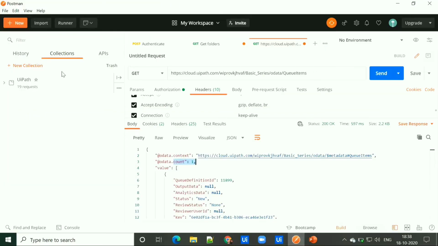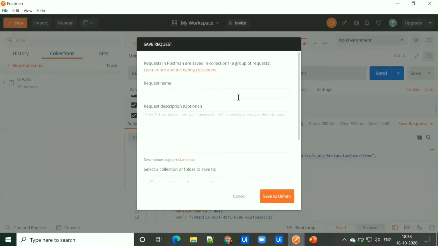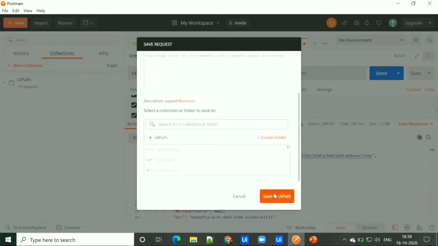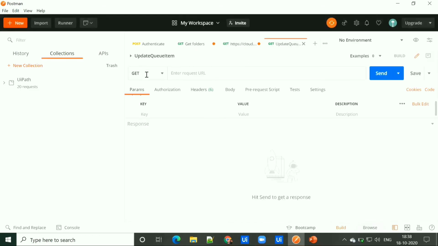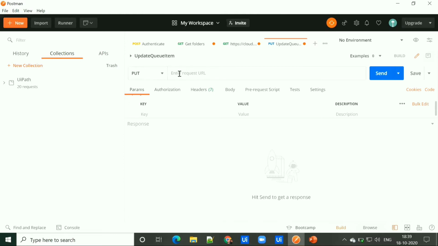So for that, I'll be creating a new request. Let's say, update queue item. So as I told you, we need to select PUT as the HTTP method. Then we need to enter the request URL, which is nothing but the Orchestrator URL.